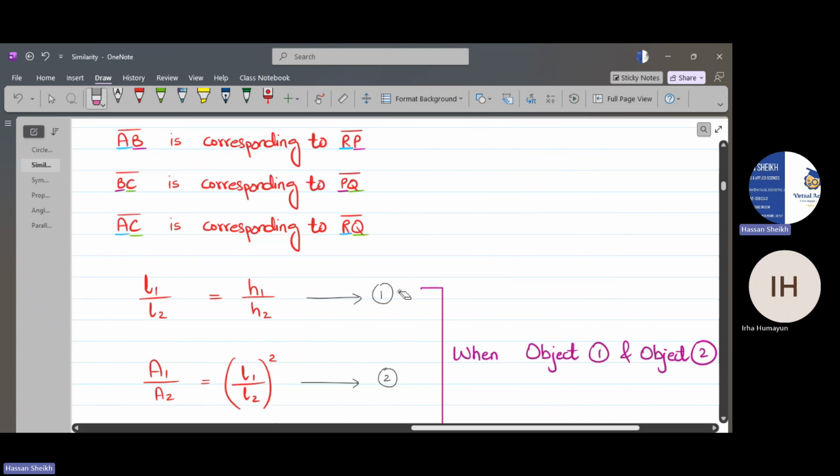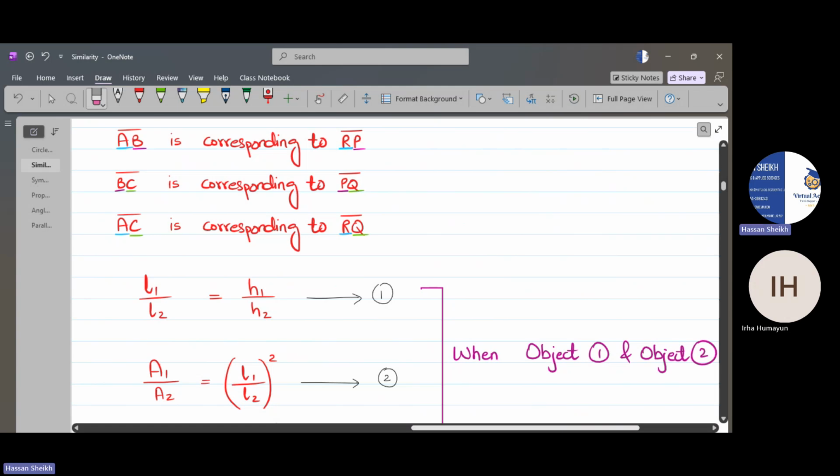Yes, sir. It could be used as LA over LB equals HA over HB. So you don't need to worry about the prefix. You just need to remember that these prefixes, whether we use 1 or 2, or A or B, are just there to differentiate between the lengths and heights of the two objects. And formula number one is only applicable when you are finding the corresponding length of the two similar